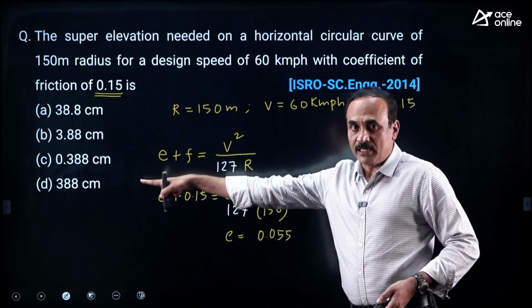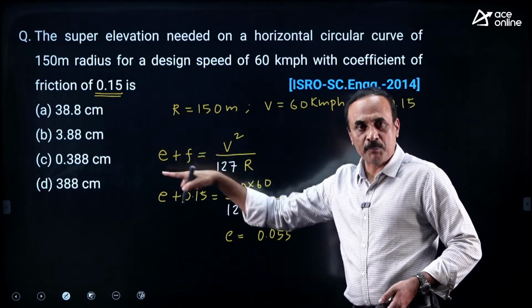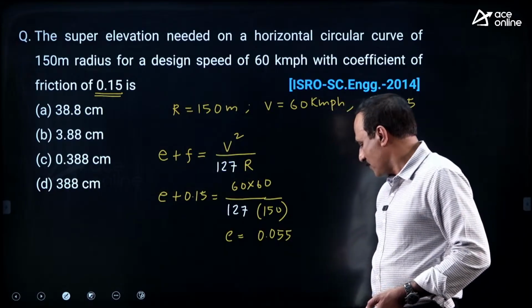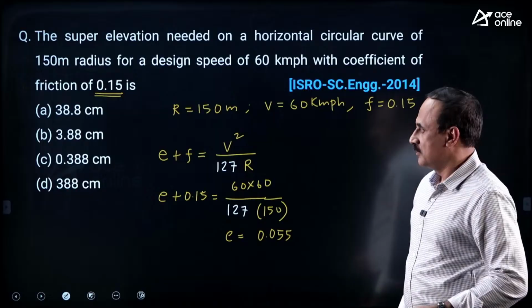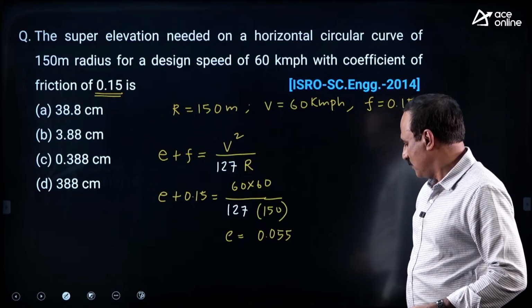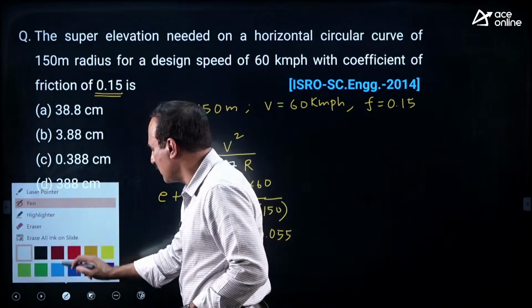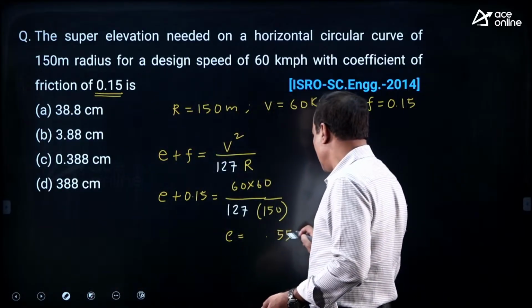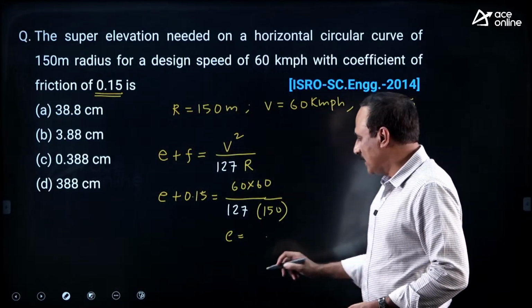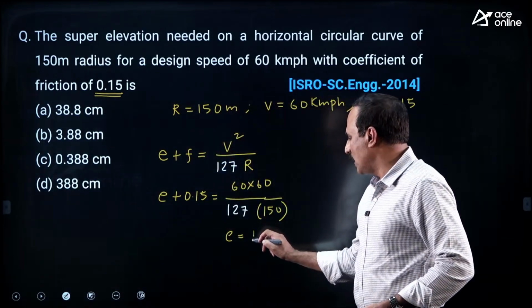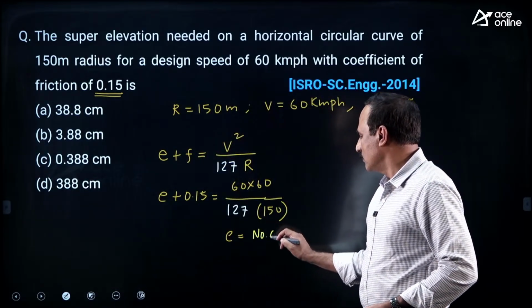Actually, the super elevation should be as a ratio, but in all options centimeter is given. Arvind? Any option given here? Actually, in this case, no answer is matching. Such questions will come, may waste the time